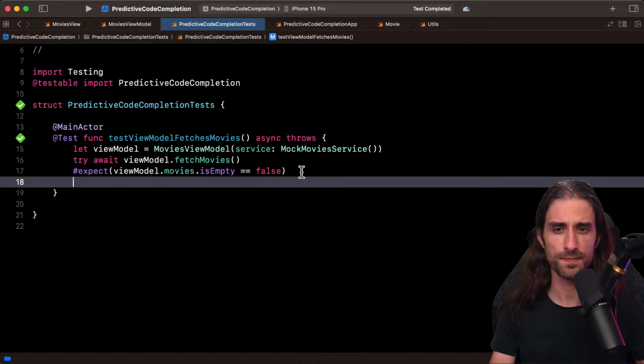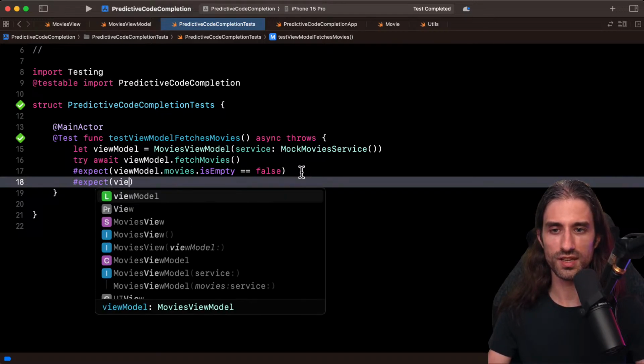Okay, so test succeed. Now I would like to test that the first element in the array is indeed the one that's declared as the static let mock in the extension of movie. So it seems that it doesn't want to suggest anything. So it seems that in this Swift testing context, it's a bit lost. To be fair, I do prefer it not to suggest anything than to suggest something that is plain wrong. You know, just like you always prefer an engineer to say I don't know than to say something even though they have no idea what they're talking about. So kind of the same idea.